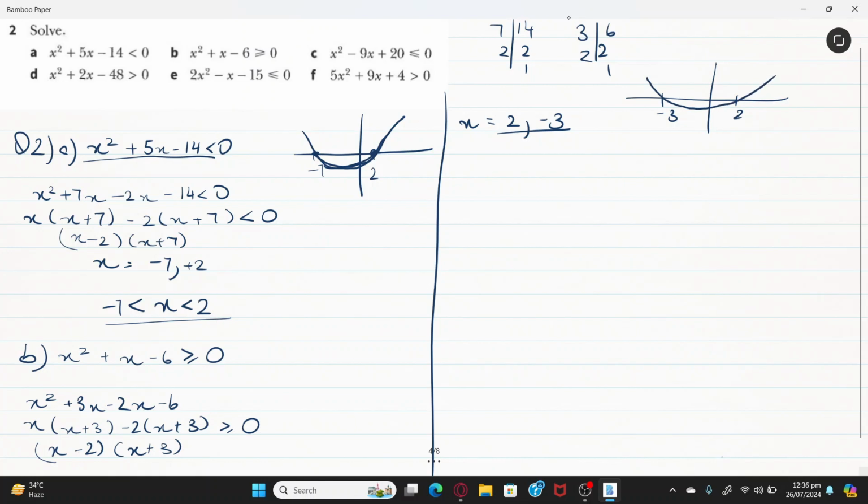Okay, so the thing is, we have been asked to tell the values which are greater than and equals to 0 for this quadratic equation. So when is the graph greater than equals to 0? Well, for the equals to 0 part, we have -3 and 2, meaning we are going to add -3 and 2 in our equation. However, what are the parts which are positive? Well, if we go behind -3, for example -4, -5, and so on and so forth,